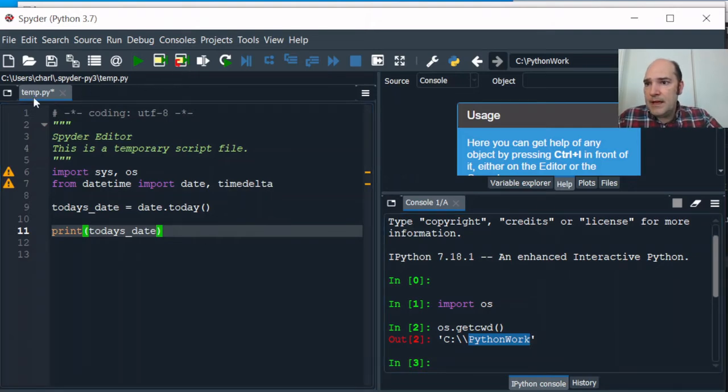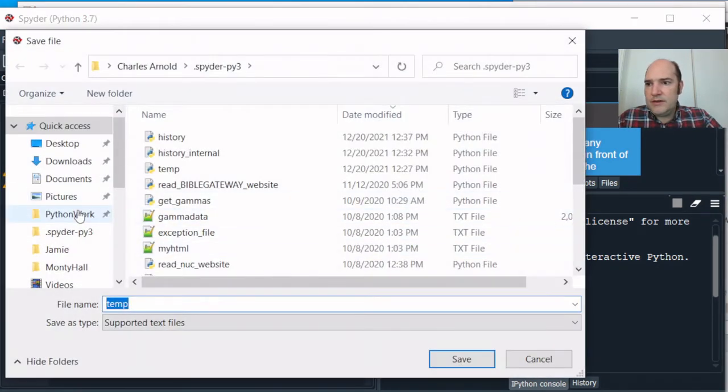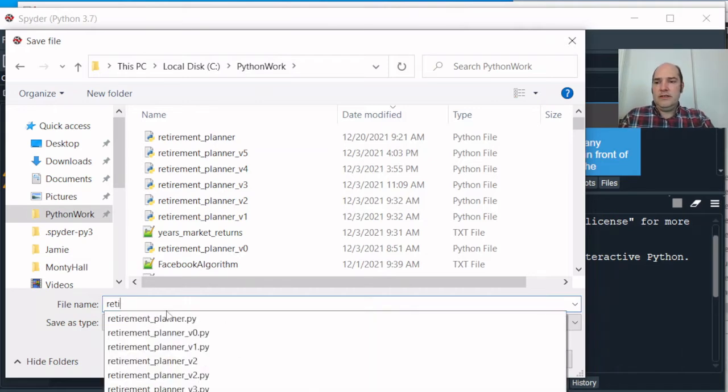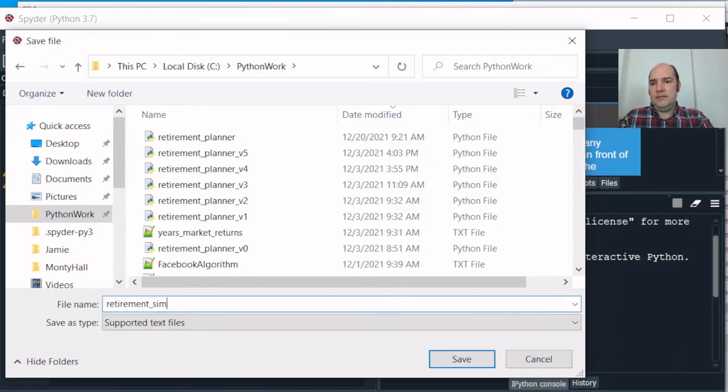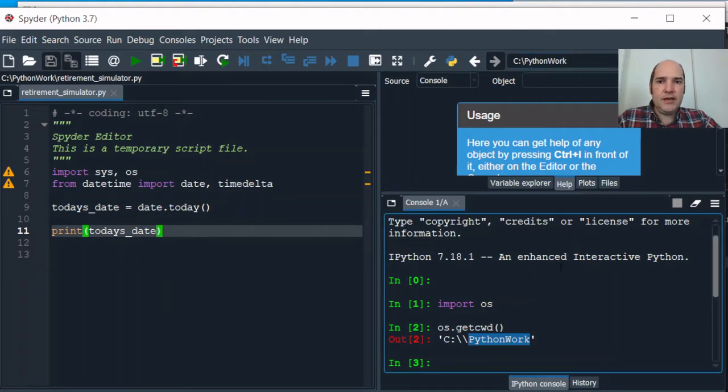Over here, when we go to this, we might want to say file, save as, and we'll go to the same directory, Python work, and we'll save this as retirement_simulator.py. Okay. So now we have our retirement_simulator.py. It's stored in our Python work directory, and we have our consoles running in our Python work directory. So we've gotten off to the right start. We know where all of our files are going to be stored and whatnot. So now if I dare to run this,